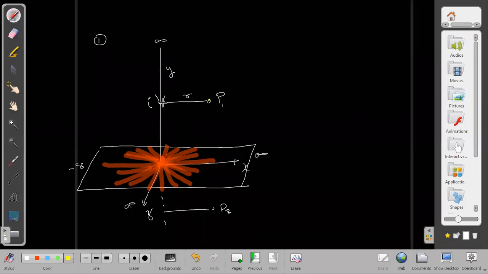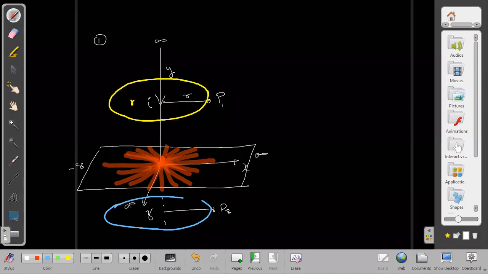If I take a point P here or here at a distance R, as long as the distance is R, I can choose anywhere on this circle. Anywhere on this circle, the field must be the same. You understand that or not? Whatever the direction is, I don't know. For the time being, I don't know the direction. Here also, I don't know the direction. But I'm sure about one thing, that the field on this circle will be the same, whether I take the circle below or the circle above.